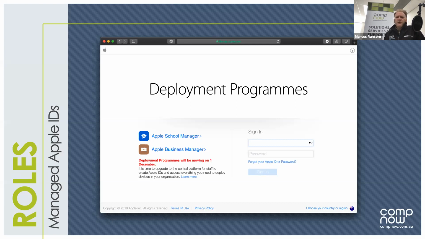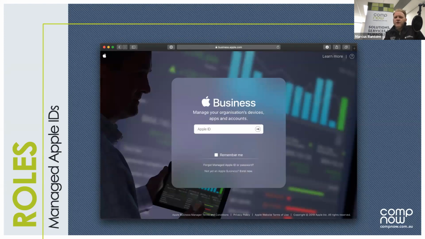So the benefits of the new systems: why are Apple moving to the new systems? It's a lot more modern, a lot more flexible, with significantly more features than the old program. One of the frustrations around the legacy systems was the common practice of having one organizational Apple ID that was used for logging in. So it usually ended up with multiple numbers on two-factor authentication. And rather than increasing security, that often led to reduced security with shared passwords,